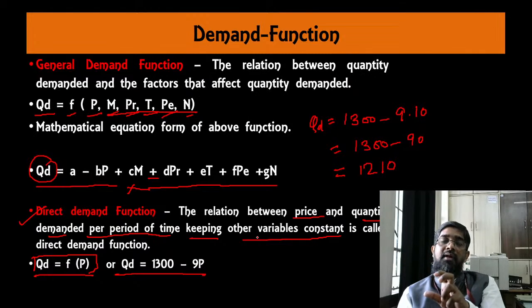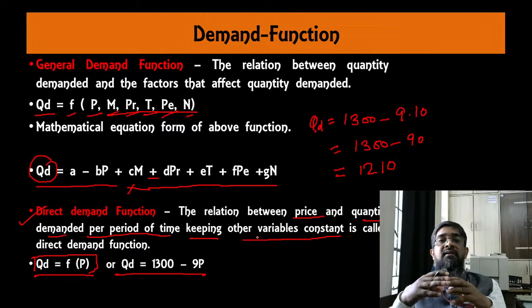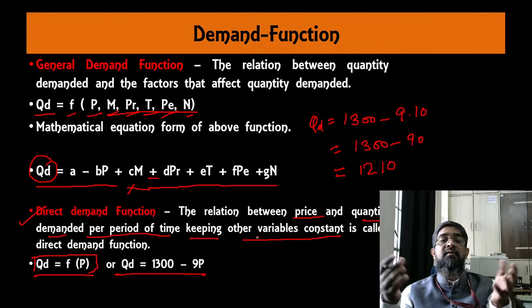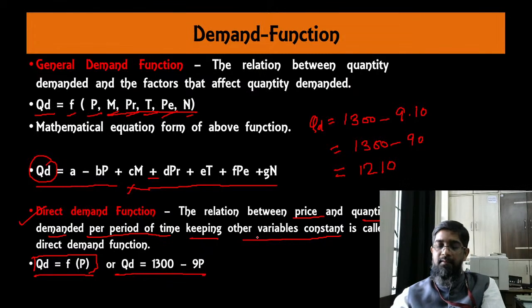So when price increases, demand may still increase if other variables are affecting the demand, maybe income, maybe taste and preference, maybe some things are in fashion, so people are demanding even if price is increasing, क्योंकि वो फैशन में लोग उसको बाई कर रहे हैं, right? So that way, you know.